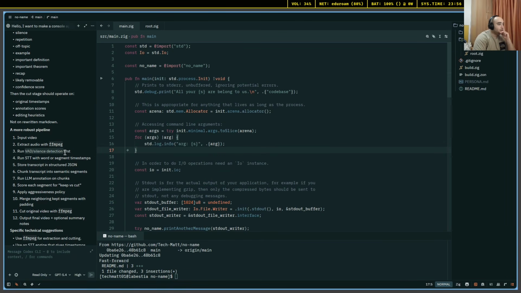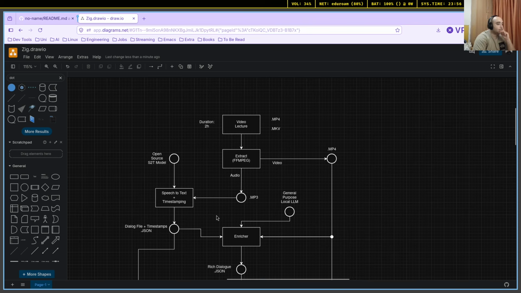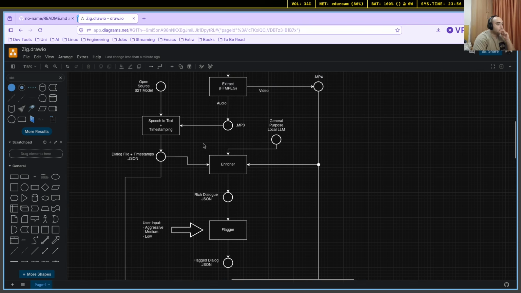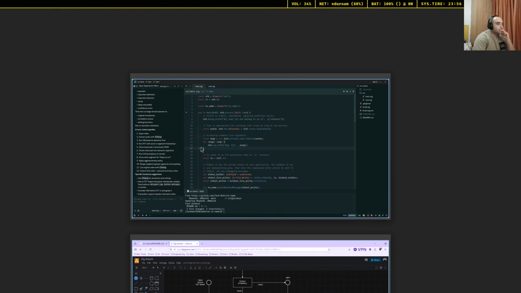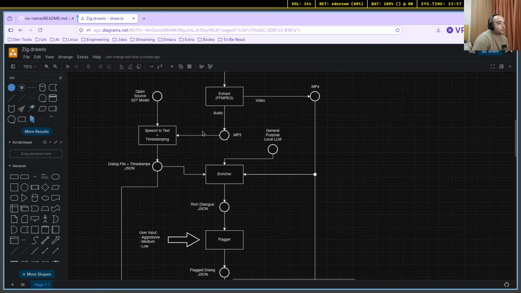Run VAD silence detection first. That is also right. That is also very right, yes. Transcripts run STT with word or segment timestamps. Okay, so here